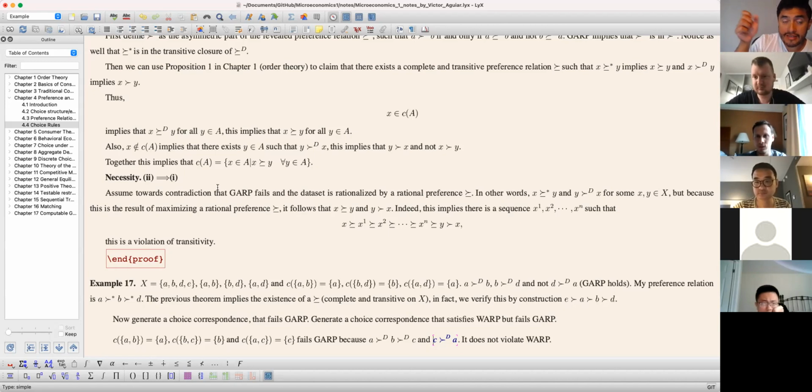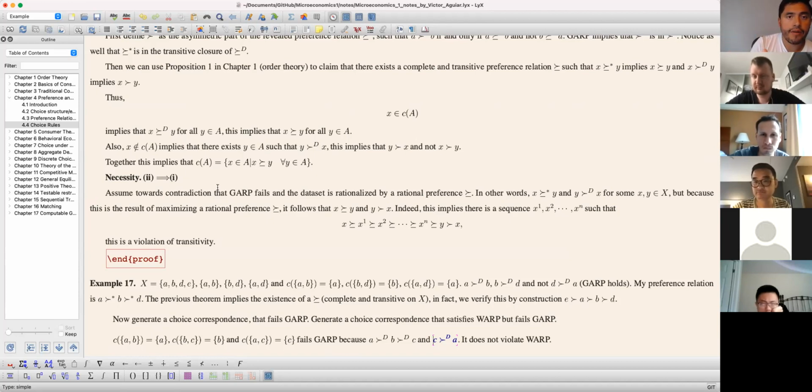We're saying there exists an extension of the revealed preference relation that happens to be complete and transitive and respects the strict part, okay? And we are assured by this extension theorem, that is another instance of the axiom of choice, that such an extension exists, right? Now, again, it's not the best proof in my opinion, but this is the proof we need at this level